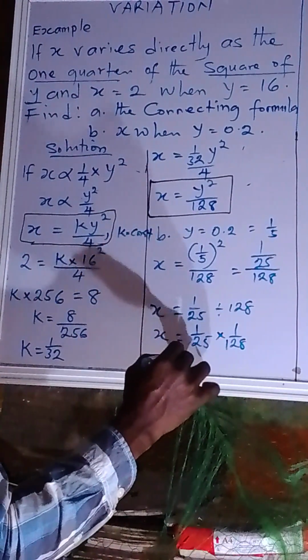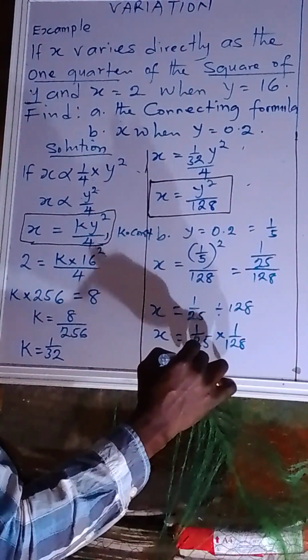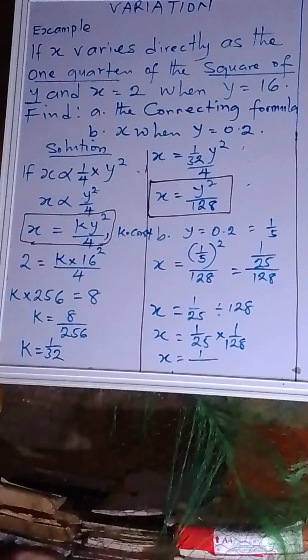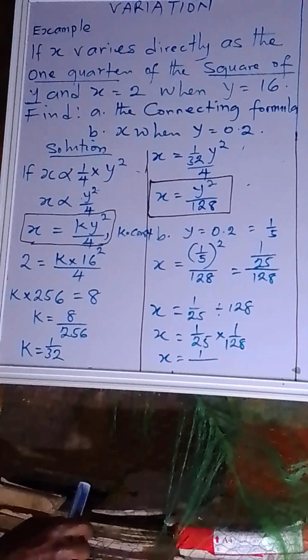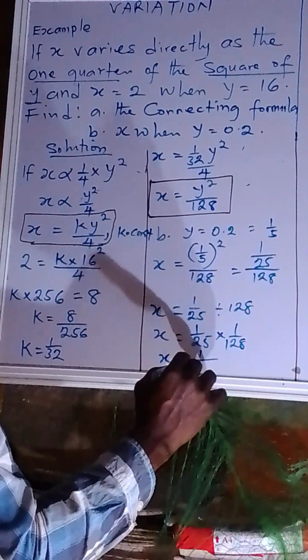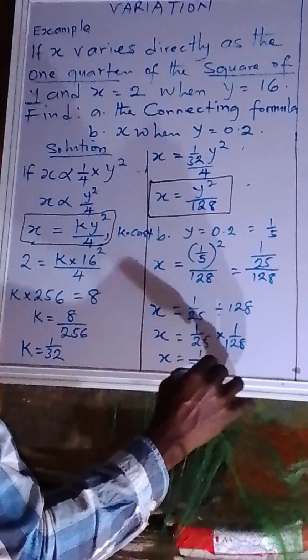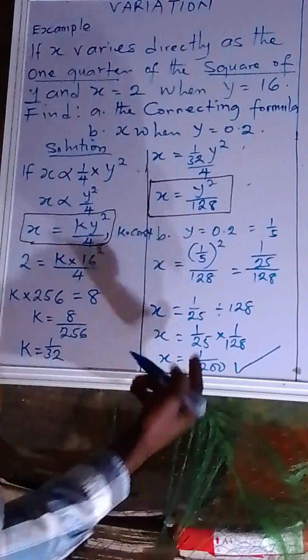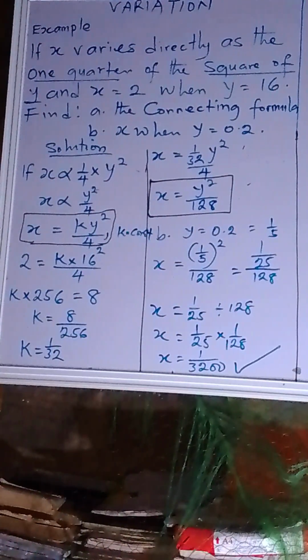So x will now be 1 times 1, 1. 25 times 128 gives you 3,200. And this is the answer to the question. So you can see